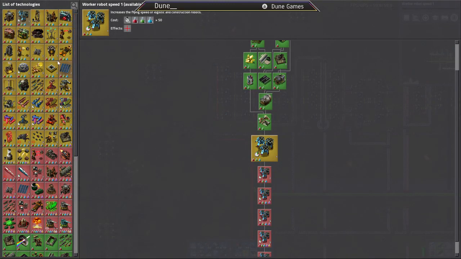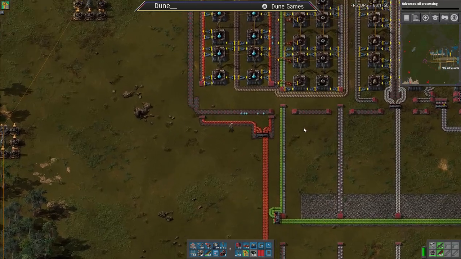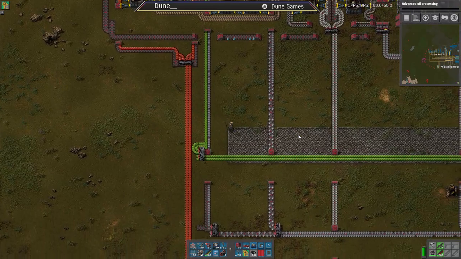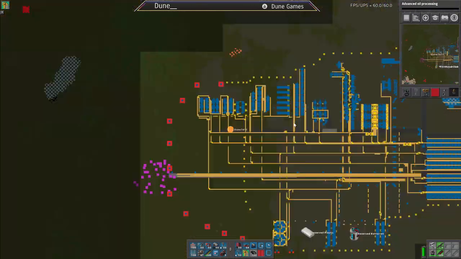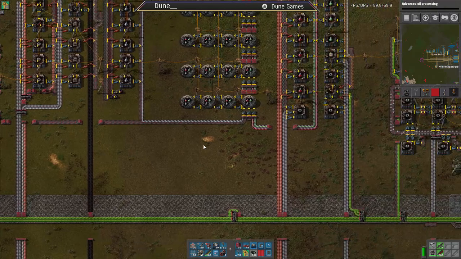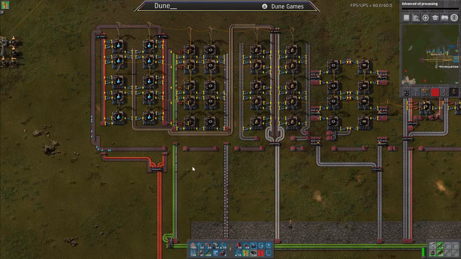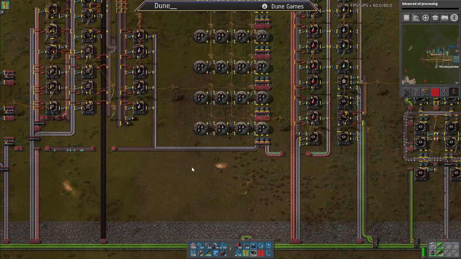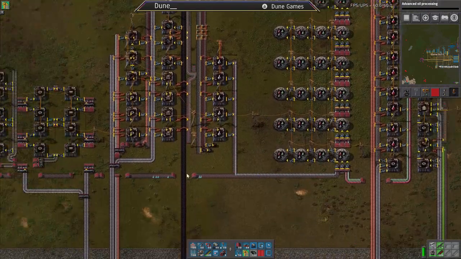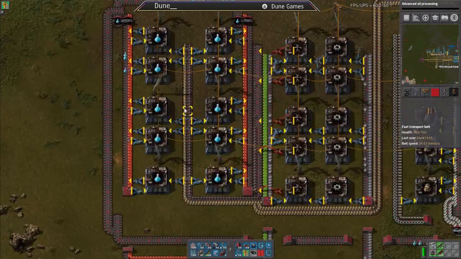Oh, you know what we need first? We need advanced oil processing. That's what we need first. Did we already get some? We might have used them already. So